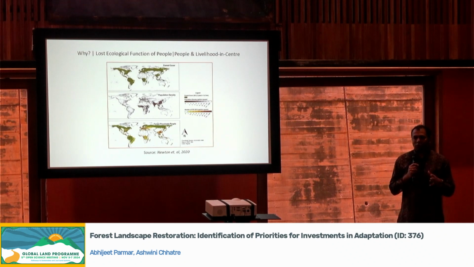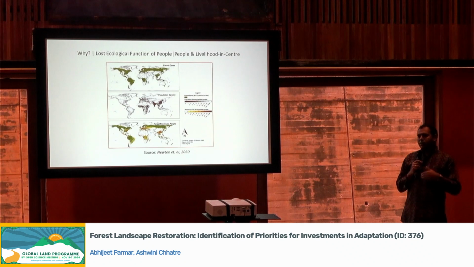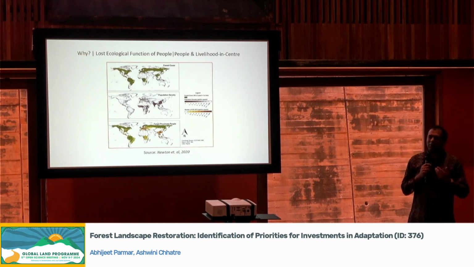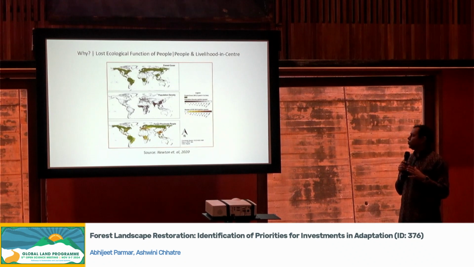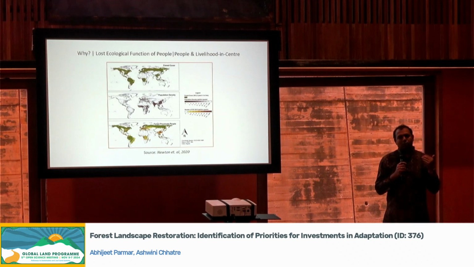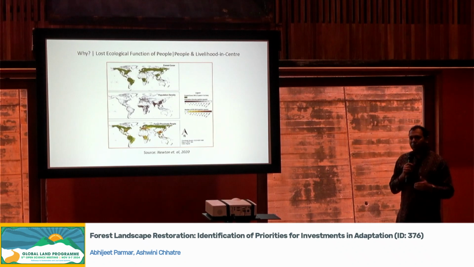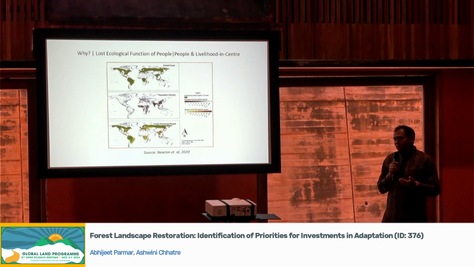the debate of restoration, because the question of livelihood is going to be very important. With increasing population, you have the question of food security, livelihood, employment, and in achieving these objectives, you interact with the ecosystem, and then there is the production of a very hybrid kind of ecosystem. So can we talk about the lost ecological function of human beings, or the people, and how we can put people and livelihood in the debate of restoration?